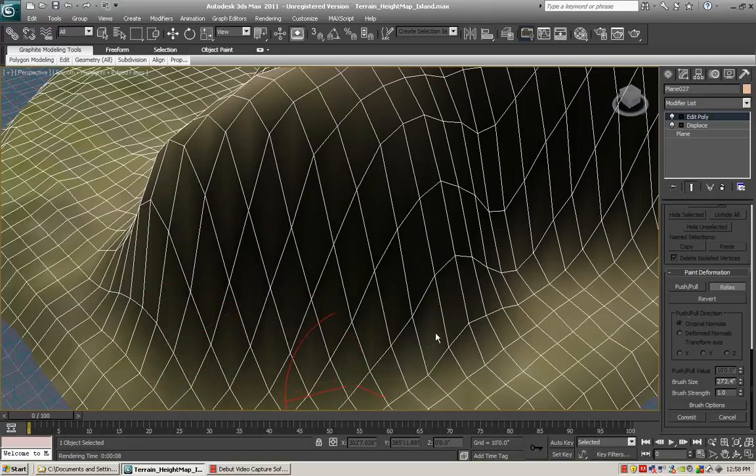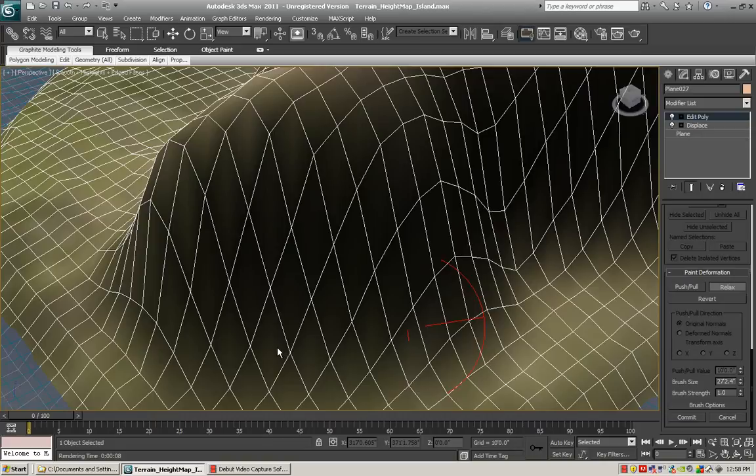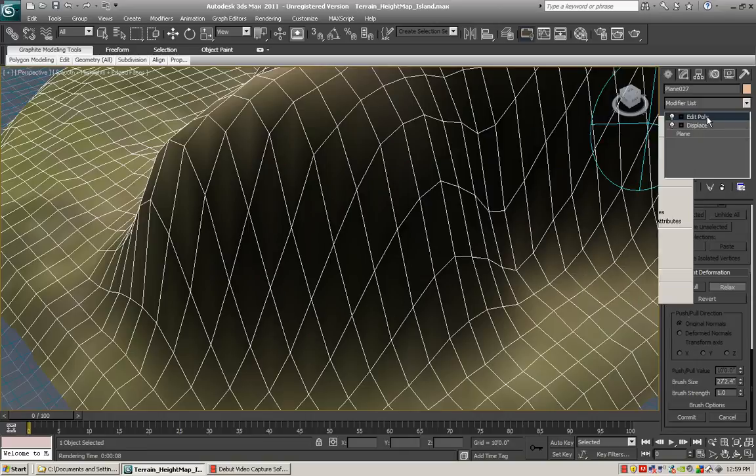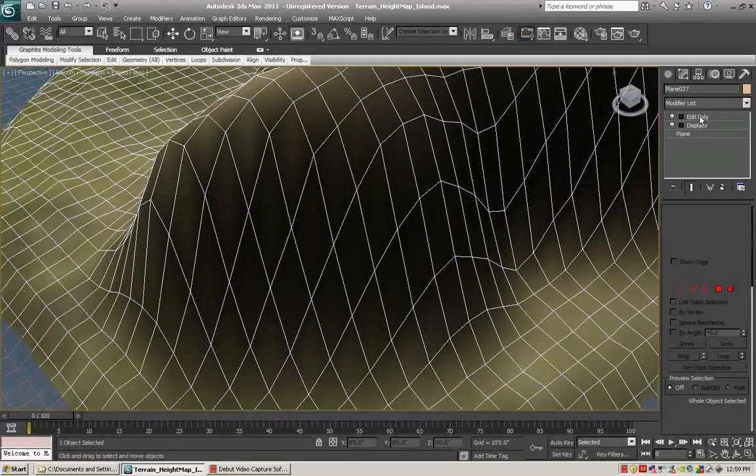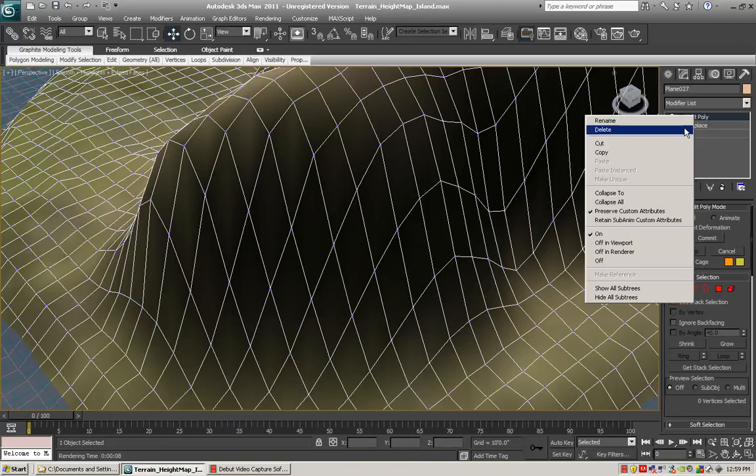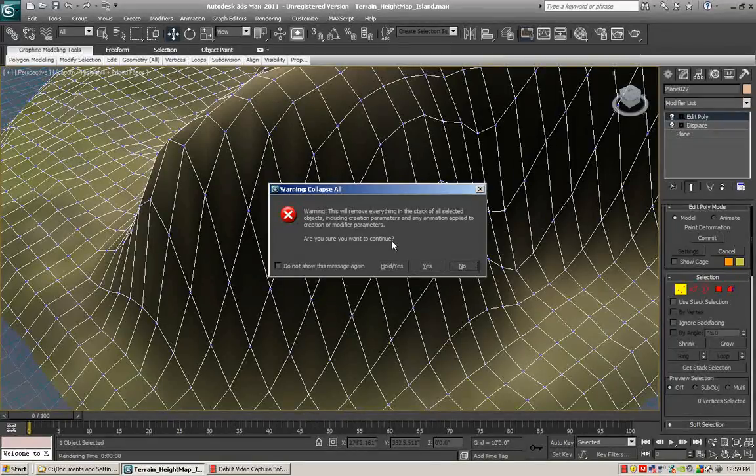layout. And this is going to take some time because we have a stack that is not collapsed, and so why don't we go ahead and I'll show you how to collapse that stack. This is a modifier that you cannot go back and continue to modify once you've used it, so there's no harm in collapsing the stack, and I can do that by clicking on the top deformer or modifier in the top of the stack, right clicking and choosing the option collapse all, and it's going to give you